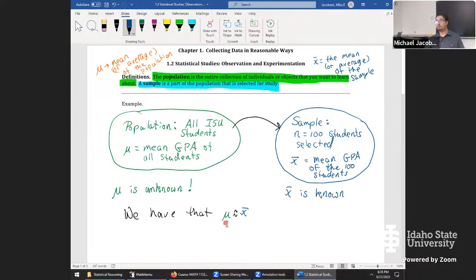So we have something that we don't know, we wish to learn about. We take a sample of 100 students, calculate their average GPA or mean GPA. The quantity in blue is known, estimating our unknown quantity in green, the population's mean. So that's an exciting fact, but there is a heck of a lot of things that can go wrong. Let me put here just in purple